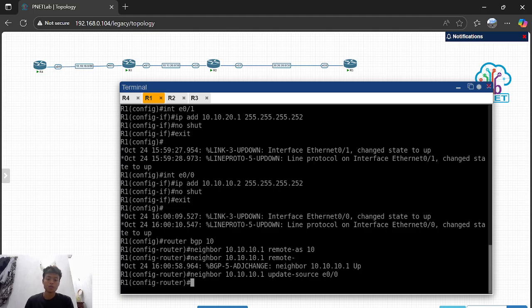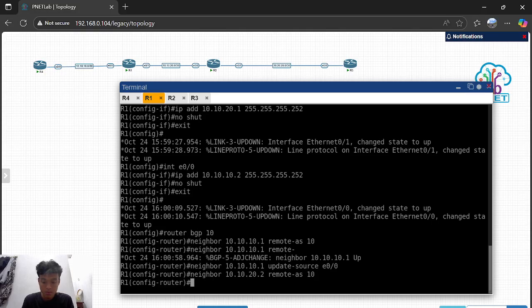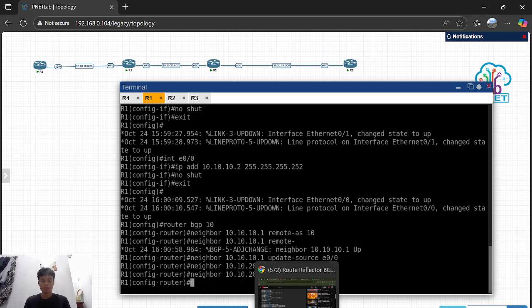And then we can add another neighbor like this, and we will configure the update source with another ether, like this.